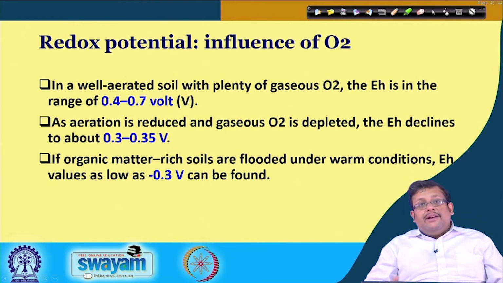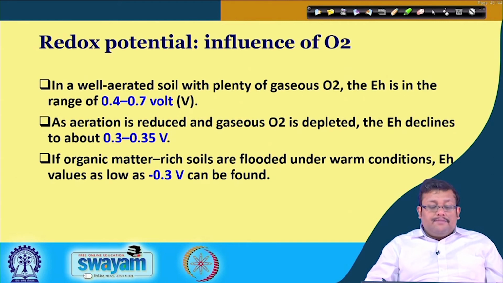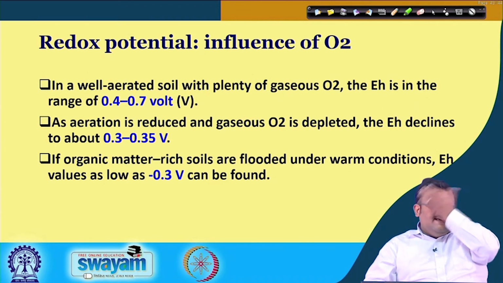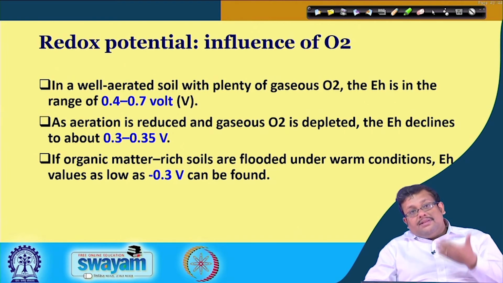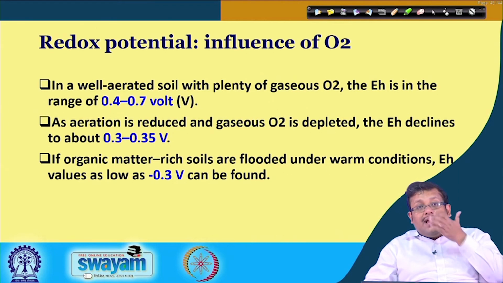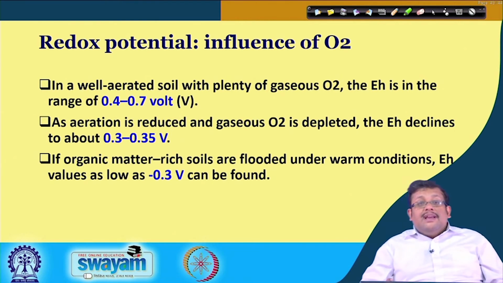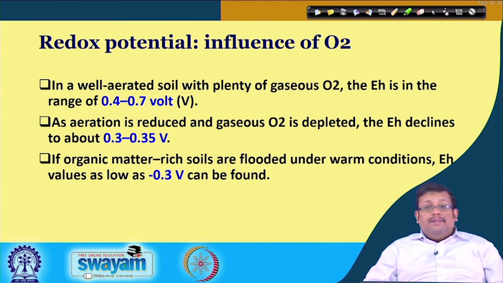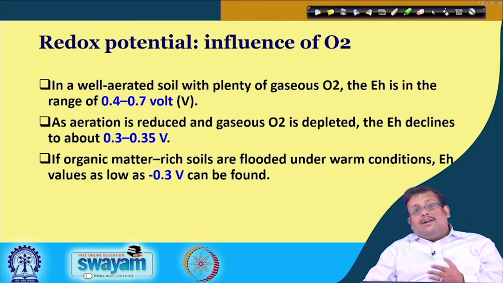So, what are the different values of oxidation reduction potential? In a well aerated soil where plenty of oxygen gas is present, the EH is in the range of 0.4 to 0.7 volt. As aeration is reduced and gaseous oxygen is depleted, the EH declines to about 0.3 to 0.35 volt, and if organic matter rich soils are flooded, EH values as low as minus 0.3 volt can be reached. And remember that when there is a high amount of organic matter present in a flooded condition,